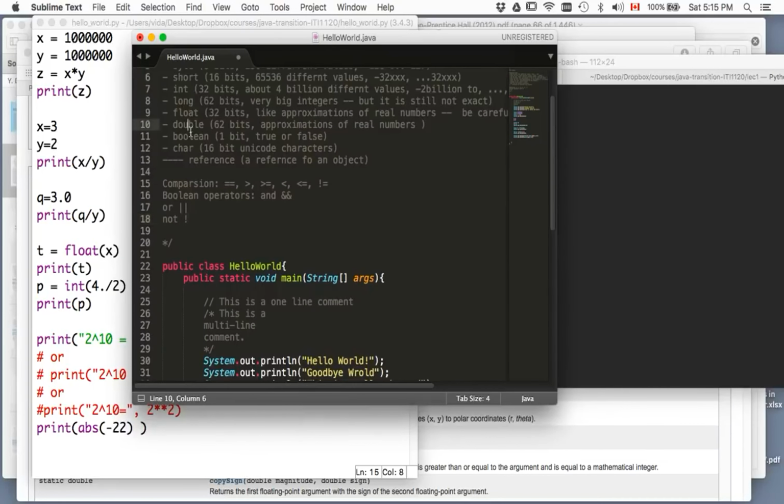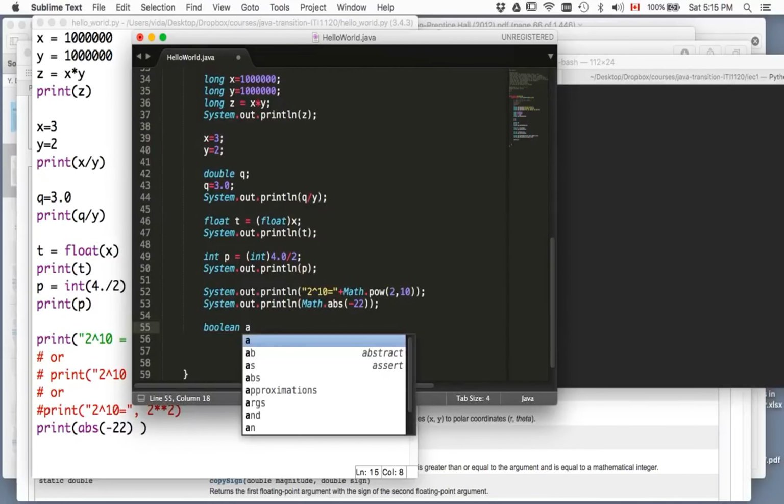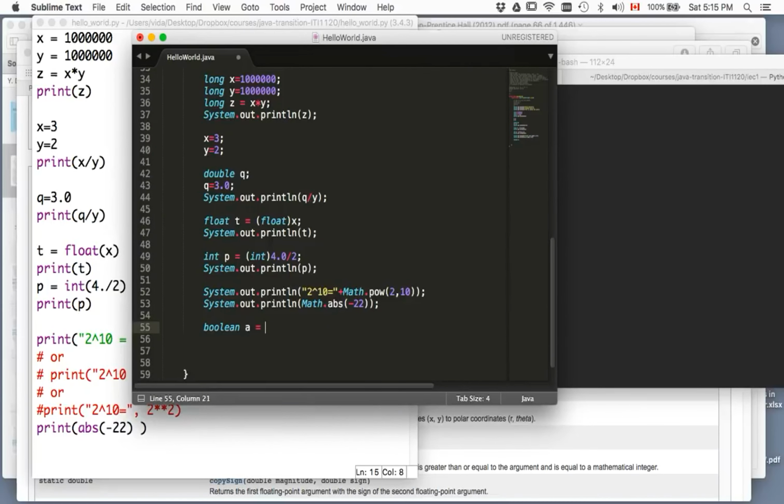So let's see this. You see here that there is a type for a Boolean variable. So let's see an example of that. We can define variable a to be a Boolean variable, and then we can assign it some Boolean value, which is true or false. For example, here we have x is 3 and y is 2. We can ask, is x not equal to y? The result of this operation should be true, so a should be true. So let's see,